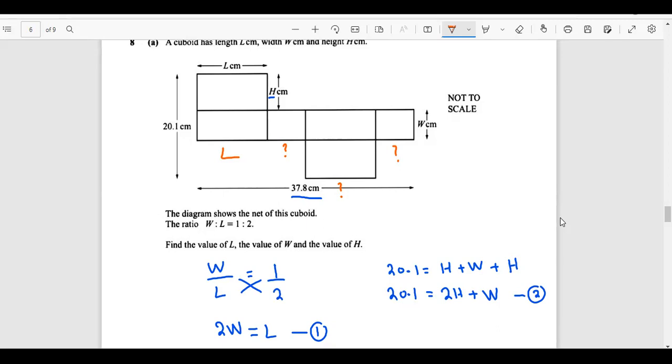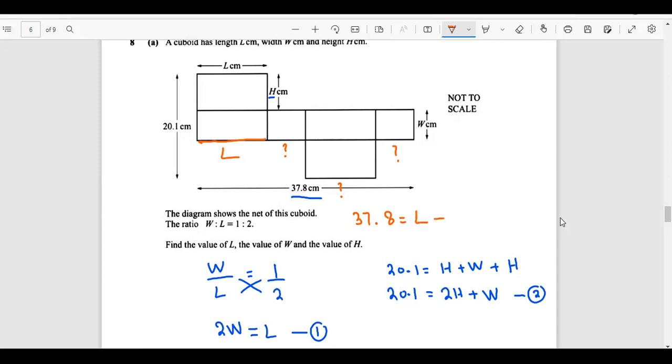Yes, Turhan and Sareem? Walaikum assalam. Yes, how are we going to make the third equation? Do you know? Using 37.8? Could it be 37.8 times 10? Sorry, can you please repeat it again? I was not able to hear you. 27.8 times W. Okay, 37.8 is equal to what? Okay, this side is L. So 37.8